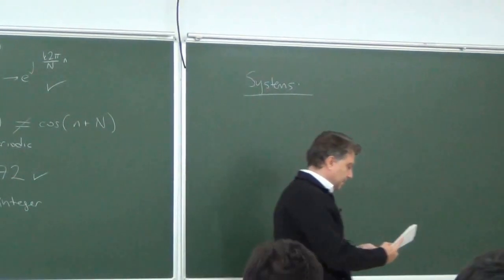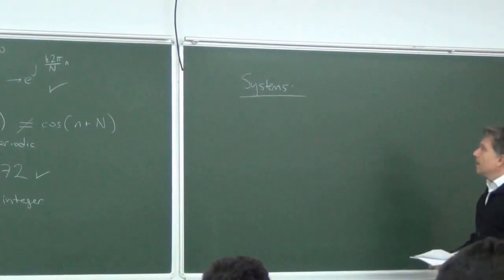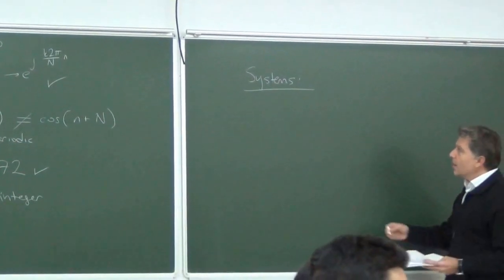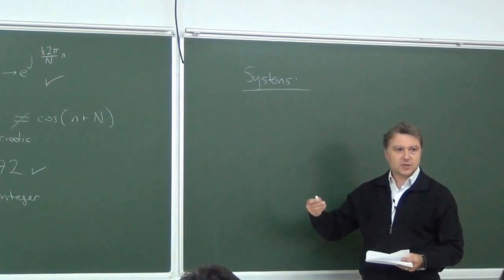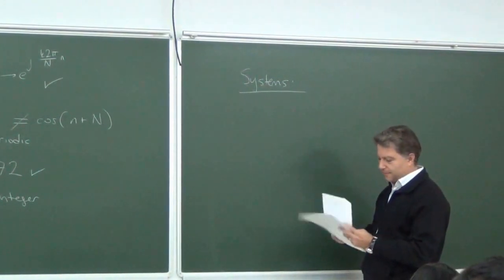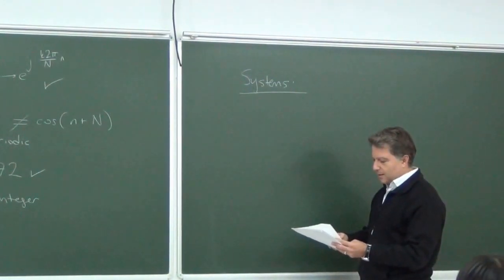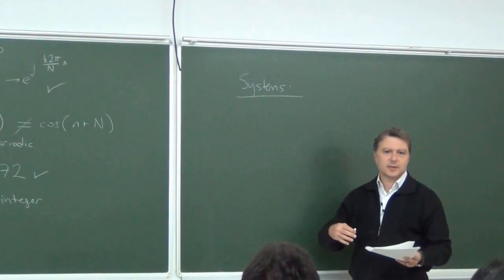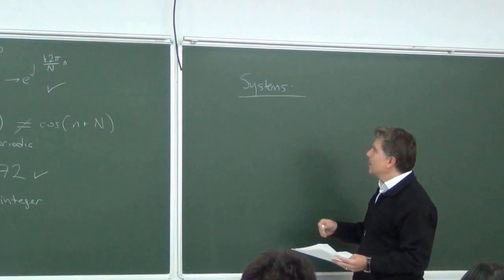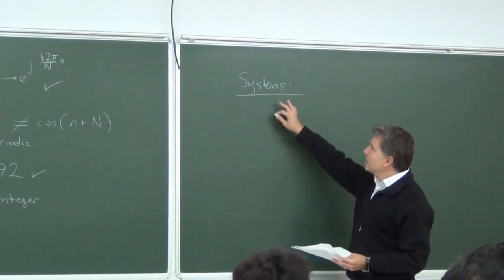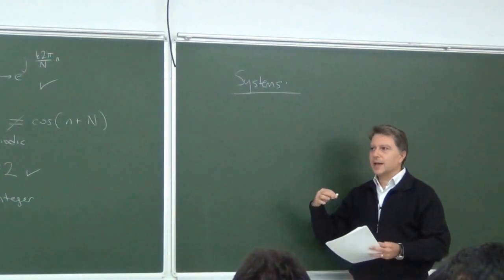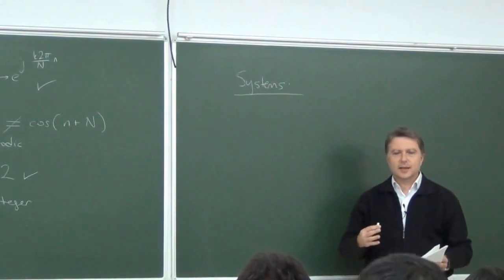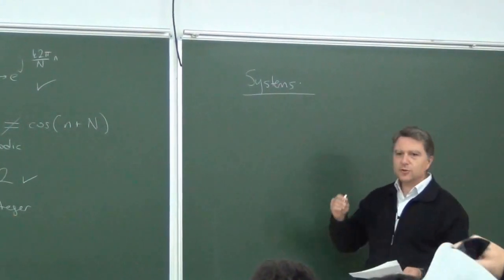Now, a system acts upon functions or signals in this case, and they have some properties, and they must be analyzed simultaneously with signals. Whenever I say systems and they act upon signals and things like that, we must find a way to formulate